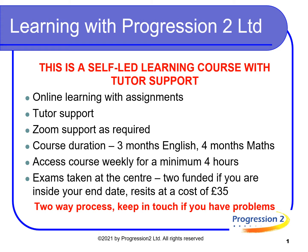If they see that you have a weakness or are struggling in a certain area, they will send out extra resources to you or organise Zoom meetings on a one-to-one basis. The courses last 12 weeks for English and 16 weeks for maths. To keep you on track, you should aim to study for 4 hours a week. If you take breaks, especially with maths, you will very quickly experience knowledge loss, so it's important that we keep